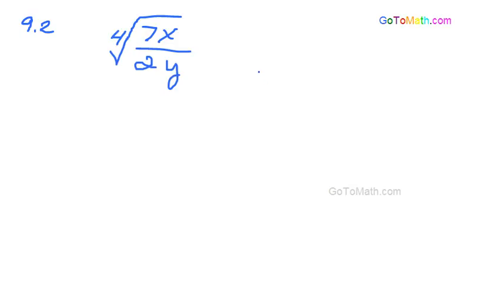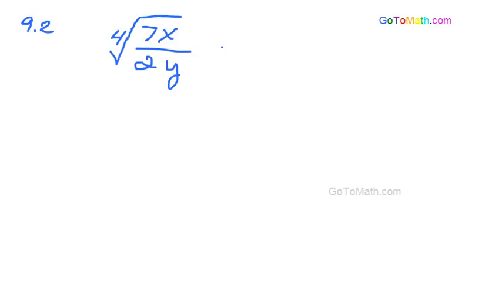I believe it is 9.2. So we have the 4th root of 7x over 2y. 7x over 2y. Alright. And what we're going to do here is, taking a look at this,